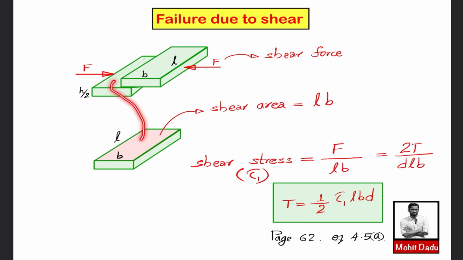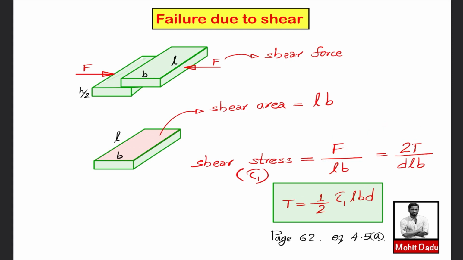Then this sheared cross section, or one part of the sheared key element, you can see here. This top red hatched portion gives you the shear area across which the shear has occurred. You can find the shear area as L into B. Shear force is there, shear area is there. You can evaluate the shear stress, which is shear force by area, F by LB, and you can substitute the force in terms of torque and diameter of the shaft.